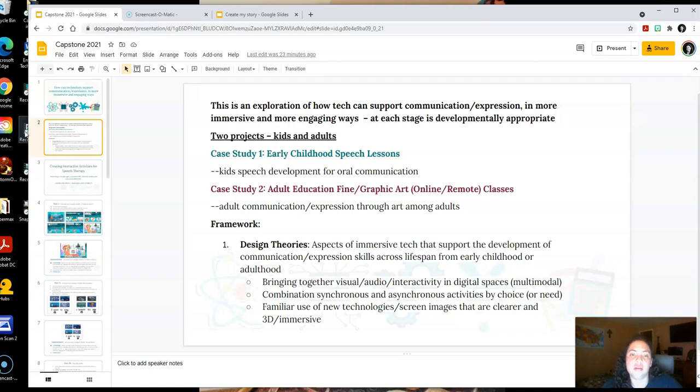The case study one is early childhood speech lessons. This was really inspired by my son's speech therapy and occupational therapy that was given to him when the pandemic really hit and he was stuck at home. He has learning disabilities and he really struggled at first. There was really hardly any way that the teachers could engage him in his Zoom learning, and he really